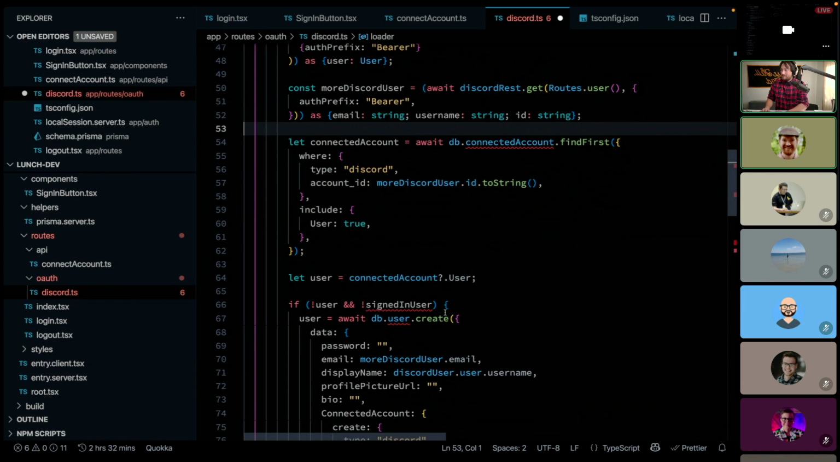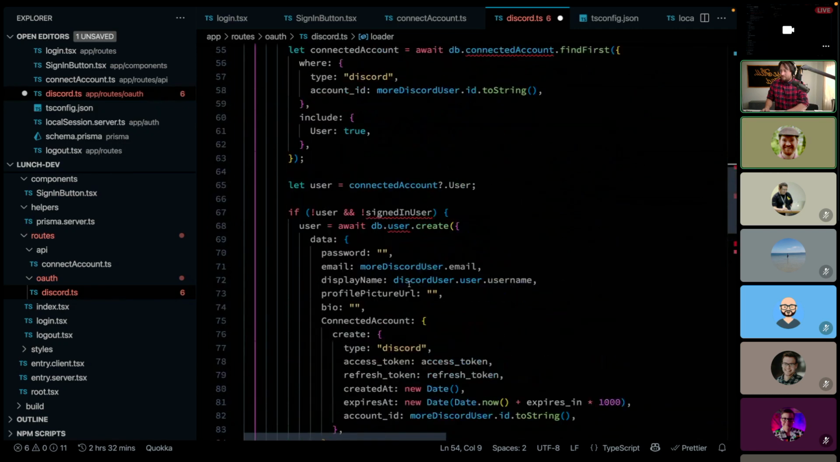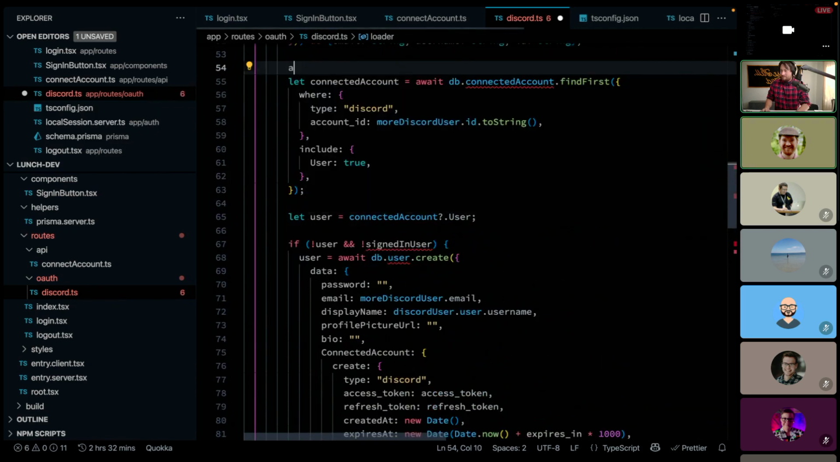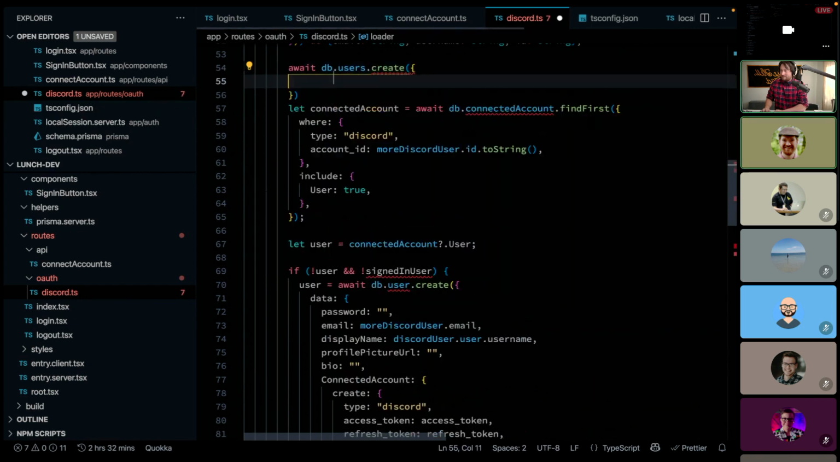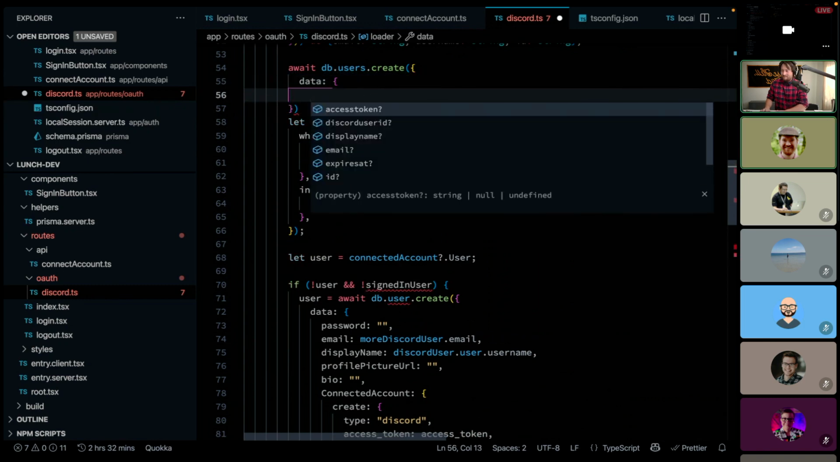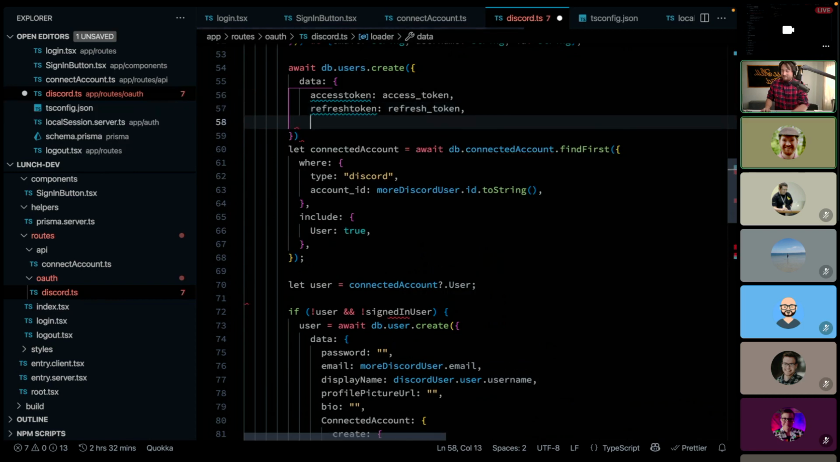So at this point, we've got all of the information we need. We can finally create our user object. So I'm going to say all of this stuff is just extra now, but I'm going to say await db.users.create, and then I have to put in all of the information that I want to create in this data field. So we've got the access token, refresh token,